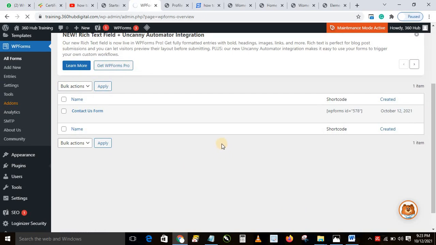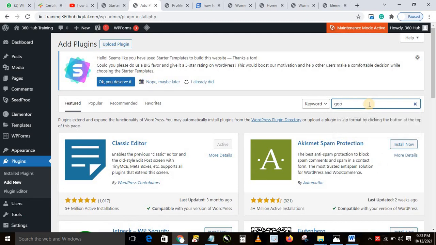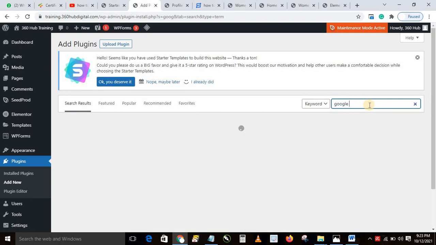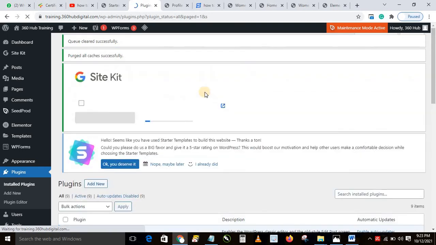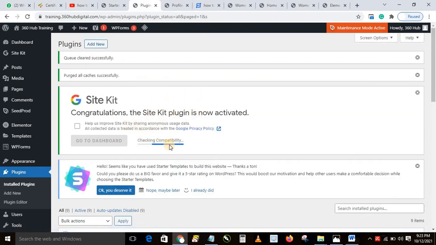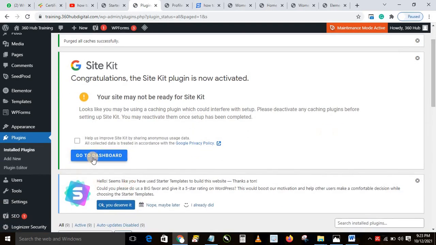Now when that opens, just a minute while that opens. When that opens, you want to type Google Site Kit here. Now you want to click on install now. Once that is installed, you want to click on activate. Now once you have activated that, you will see that it's checking for compatibility. You wait for it. So what you want to do is go to dashboard,